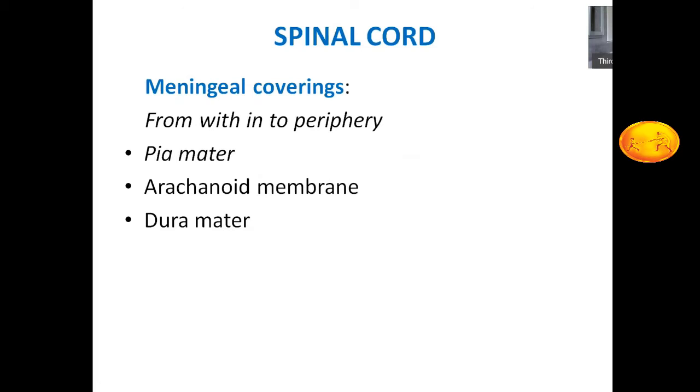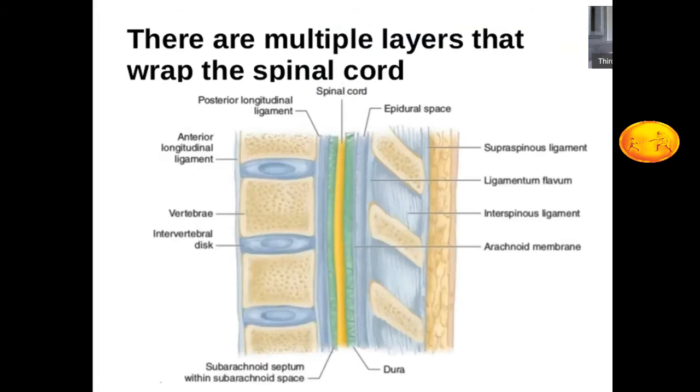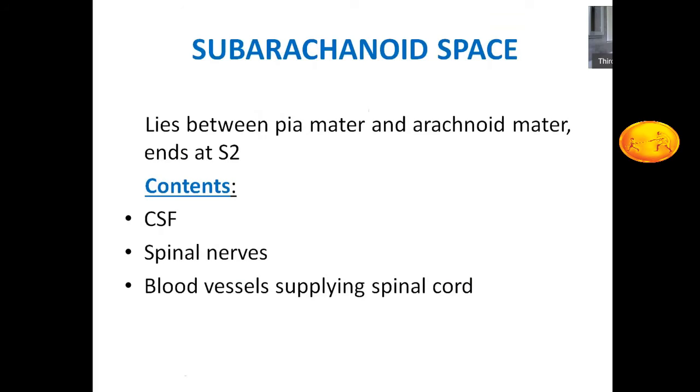The spinal cord, as you know, has coverings: pia mater, arachnoid mater, and dura mater from inside out. So these are the multiple layers wrapping the spinal cord. It is the safest structure, covered by many things, and mainly the bony cage, the vertebral column, from the outside. There are some spaces through which we can enter, through the intervertebral spaces, and we can have an entry into these spaces.